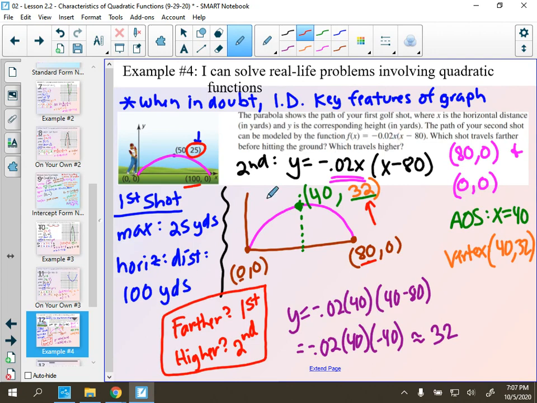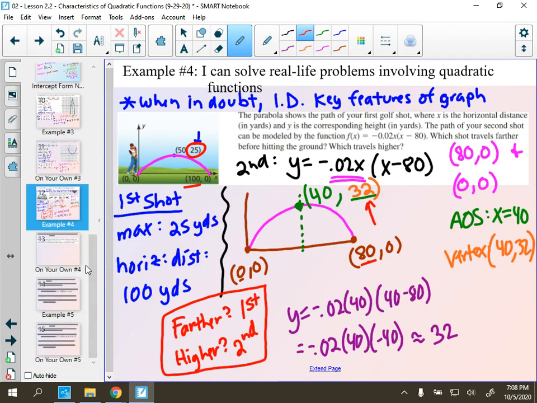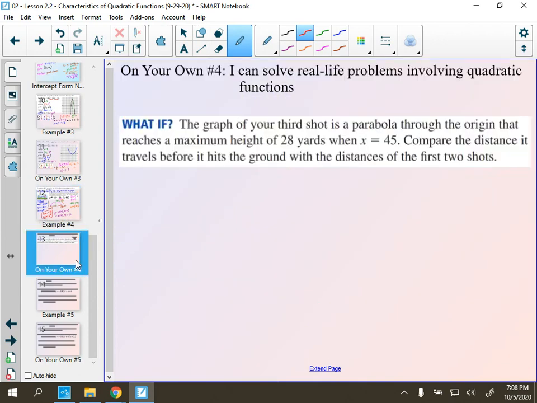I mean, you're going to try to make a little informal picture, treat it like it was a graph, identify those key features. For this one, we did x-intercepts because that was the form, axis of symmetry, vertex. The on your own one here is a follow-up, so we may as well go through at least this on your own 4, because I think it's a third golf shot. So the graph of your third shot is another parabola through the origin. So that's kind of a nice piece of info, through the origin, that reaches a maximum height of 28 yards